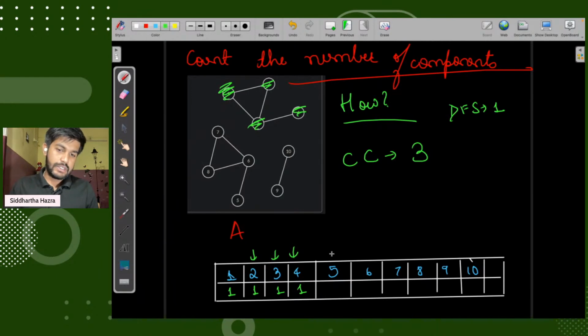5 is not visited, so we would start a DFS from 5: 5, 6, 8, 7 visited. Then we would check 5, 6, 7, 8, all visited now.